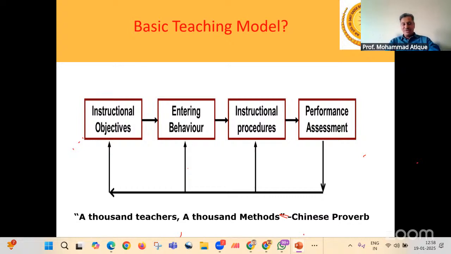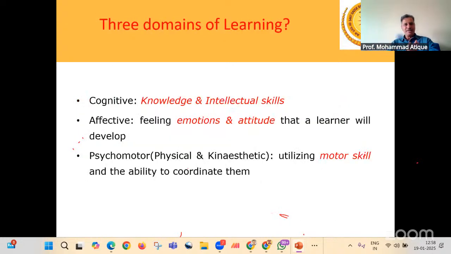In terms of effectiveness or approach, they may be different, but you cannot say whether they are right or wrong. That's why this proverb is very correct: 1,000 teachers, 1,000 methods, right? Same thing, if somebody else tries to deliberate, he or she may come up with a different perspective, but ultimately the things will remain the same, right?